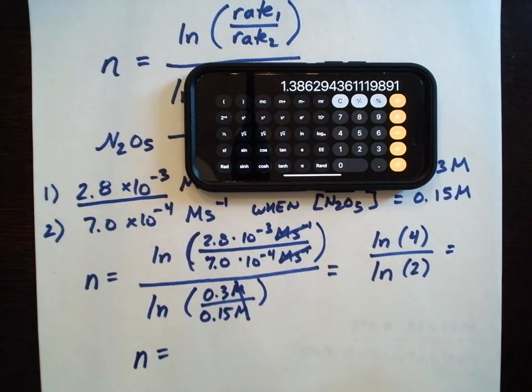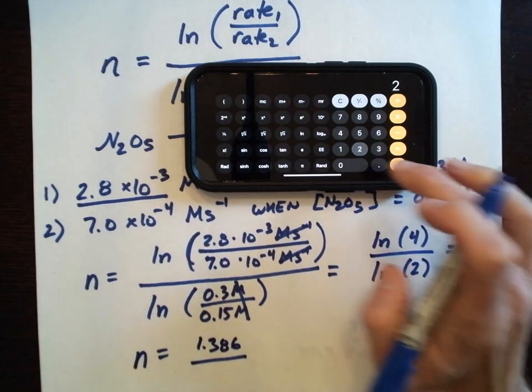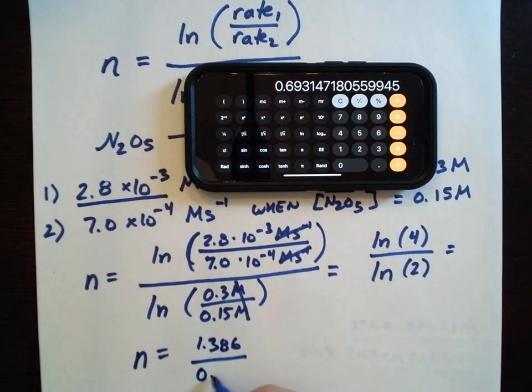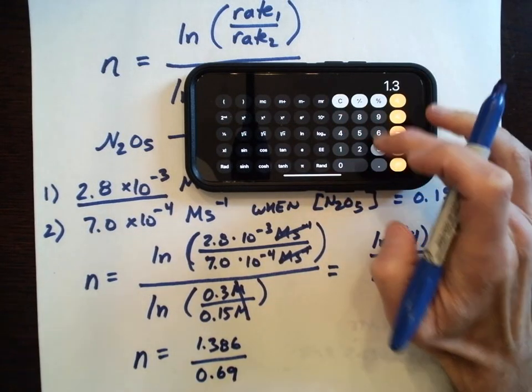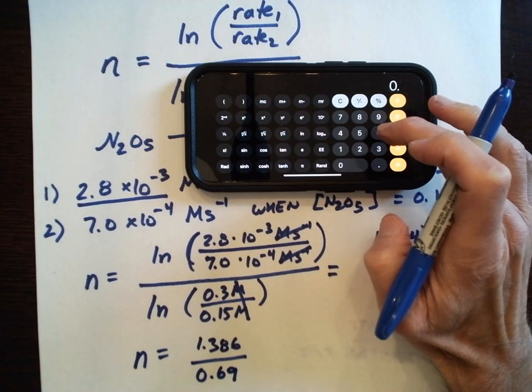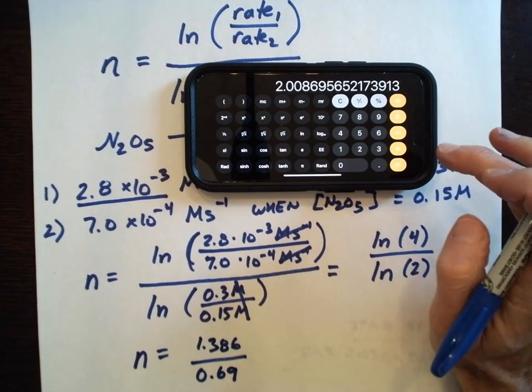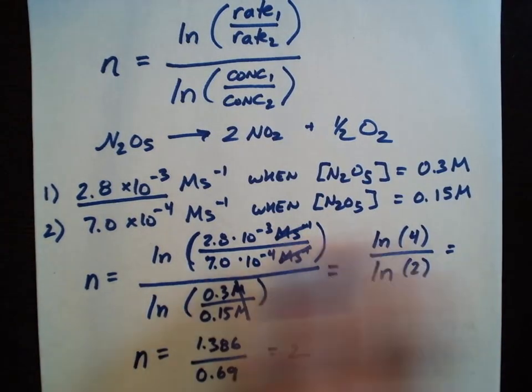N is going to be equal to the natural log of 4, 1.386, divided by the natural log of 2, 0.69. So 1.386, divide that by 0.69. Looks like n is 2. And so if this was indeed the